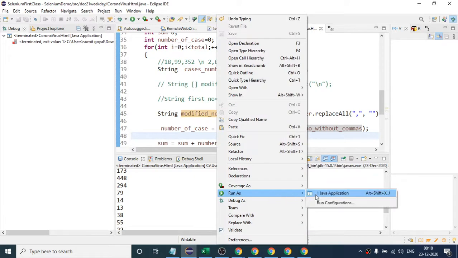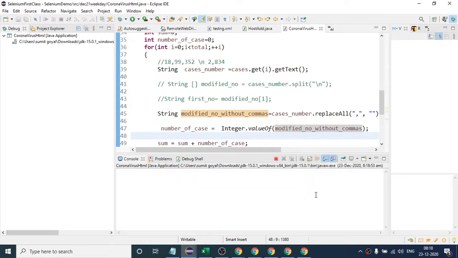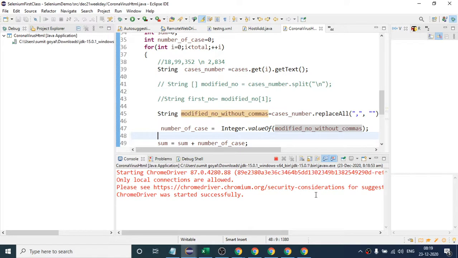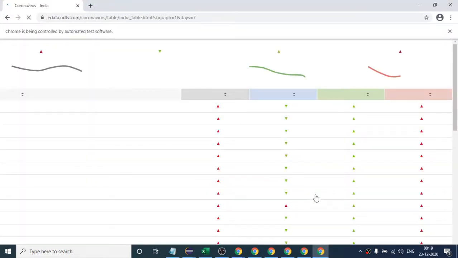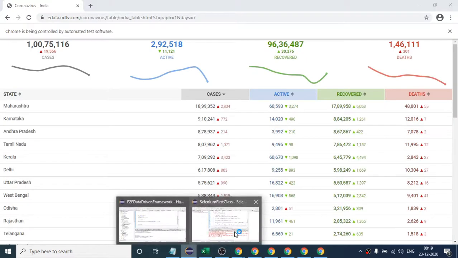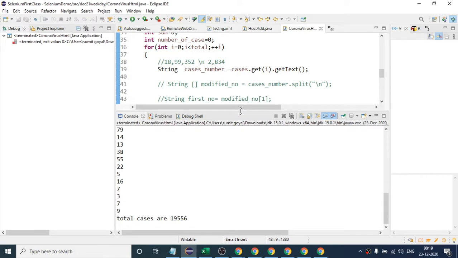I think it should work. Open the website. Now this time you can see we got the correct output, right? So this way is clear to everyone.